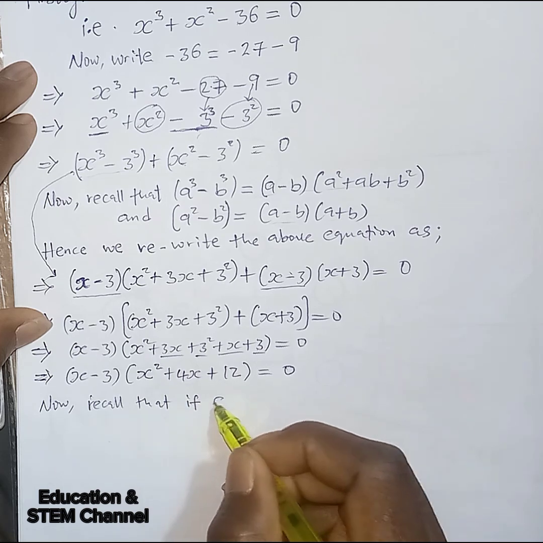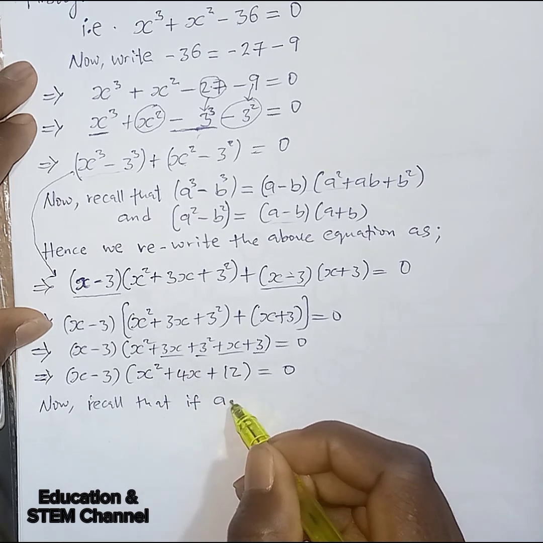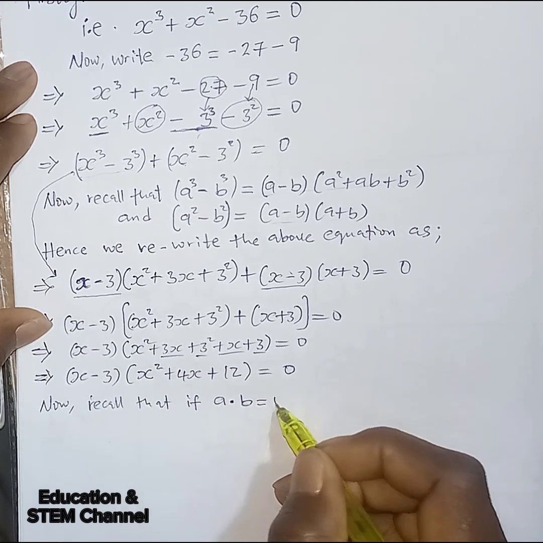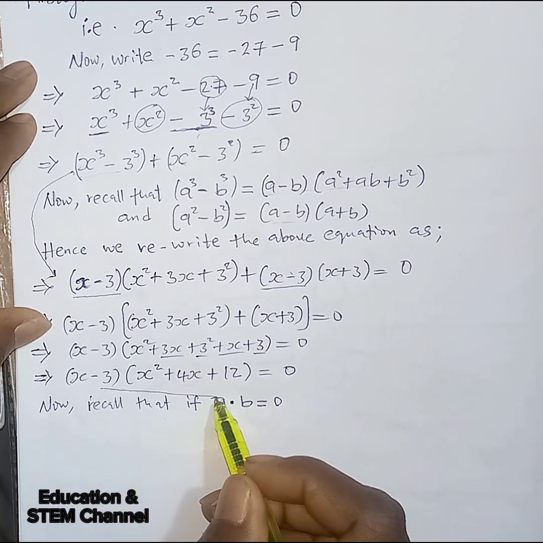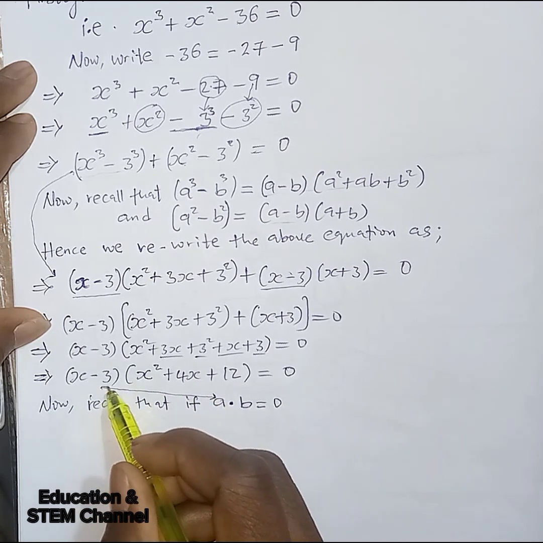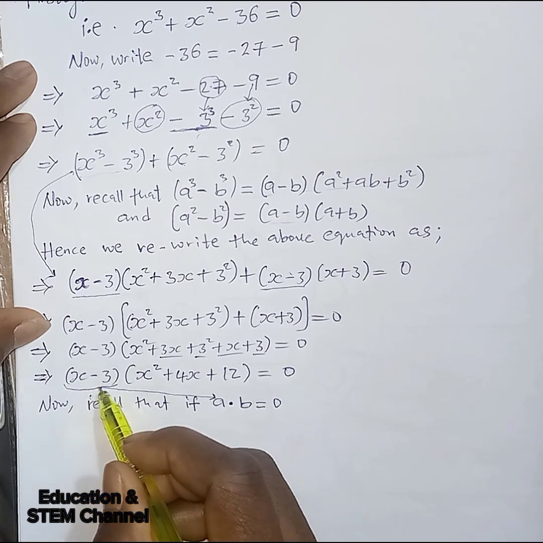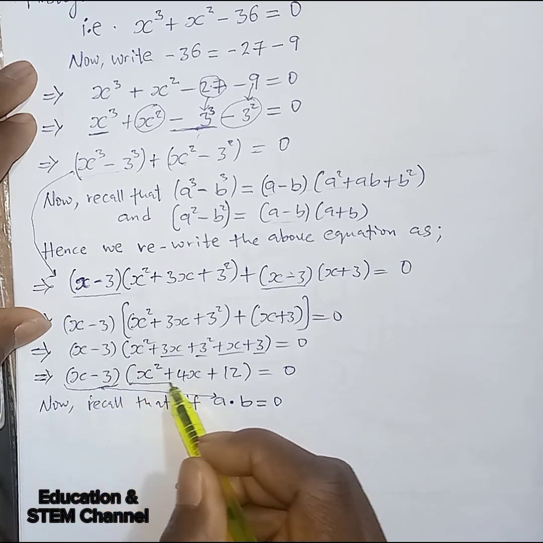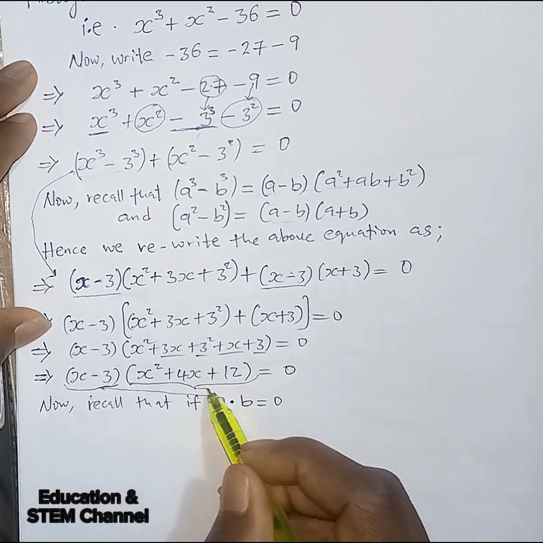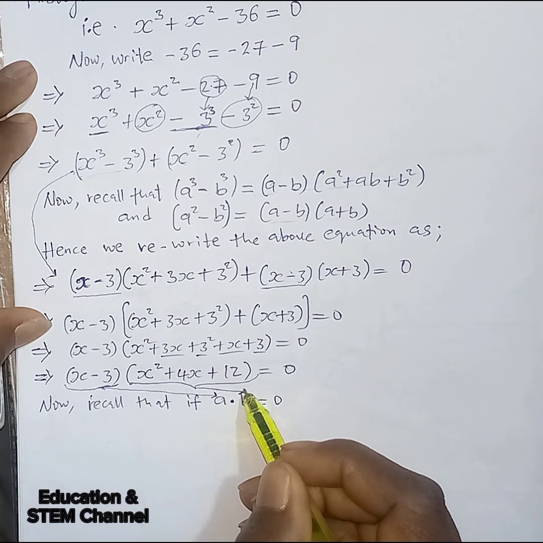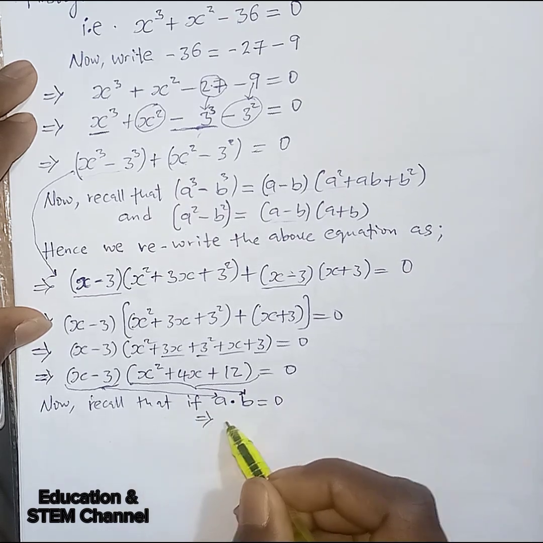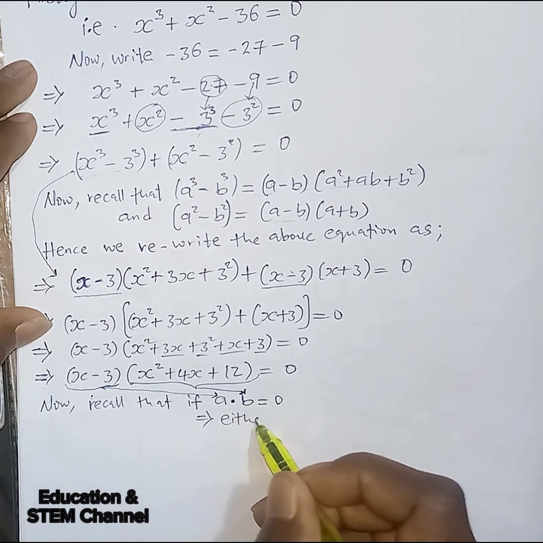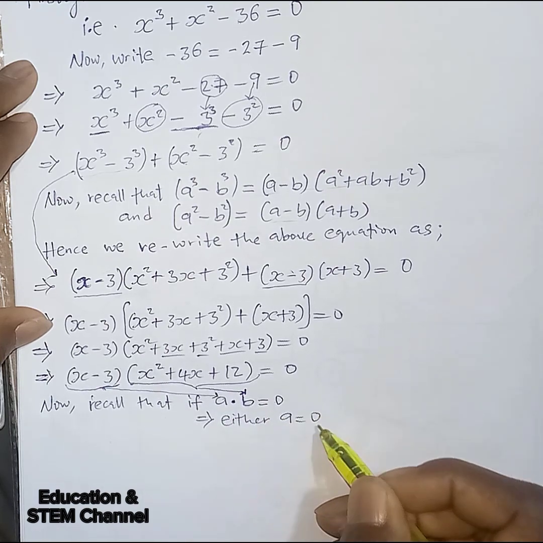Or if you have 0 times 10, it will surely give you 0. That means two numbers multiplied to give 0 implies that either one of the numbers is equal to 0 or the other one is equal to 0. Now, let x minus 3 be our first number A and x squared plus 4x plus 12 be our second number B. Now, when (x minus 3)(x squared plus 4x plus 12) equals 0, it therefore means that